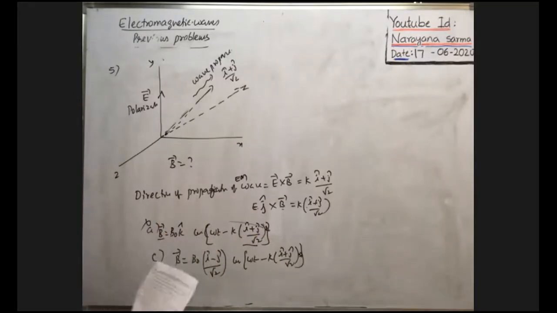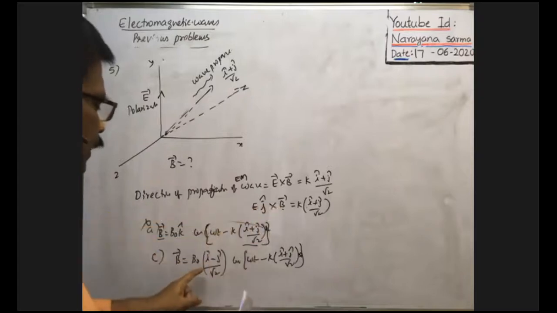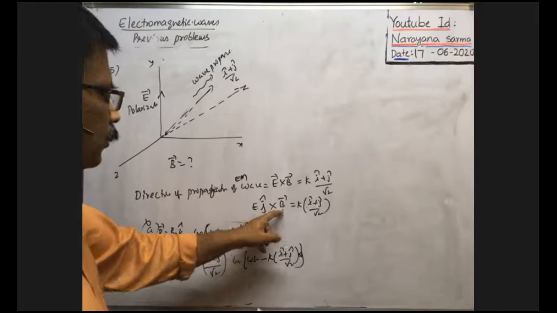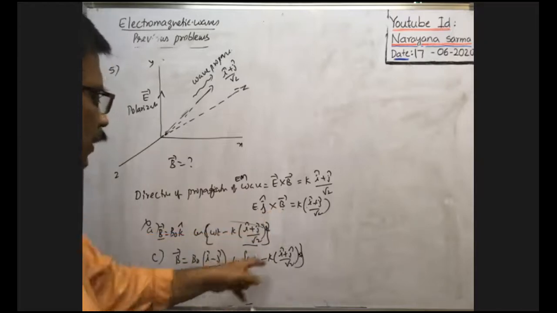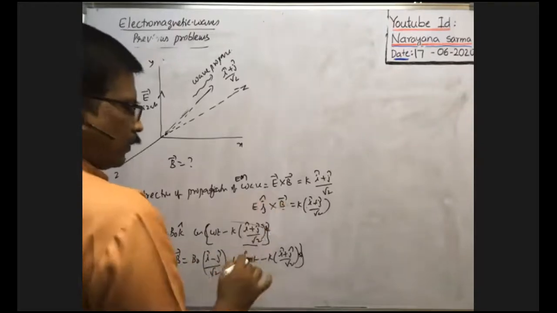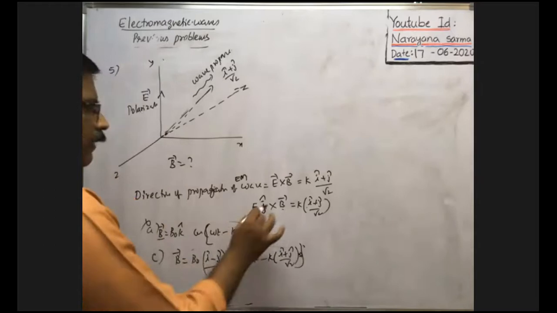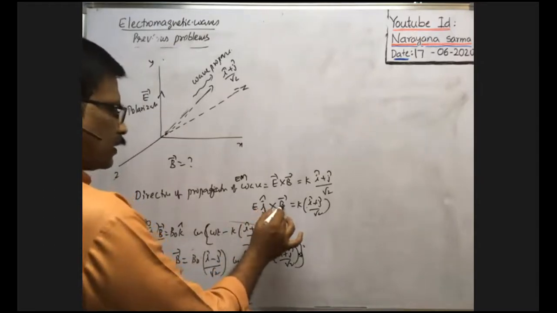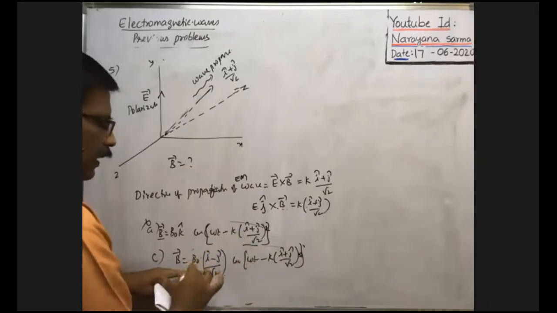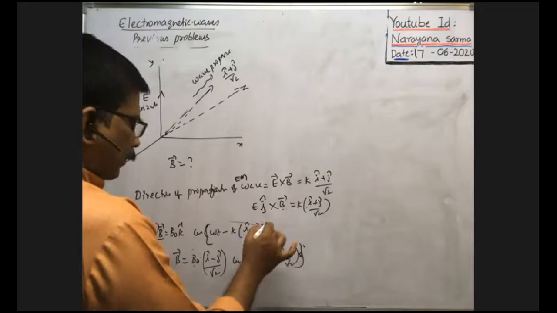We have to check. Here you substitute. As the electric field is along this direction, you do the cross product between E j cap and B bar, meaning B naught into this one, right? B naught into (i cap plus j cap)/root 2 you write here into cos something. This is only a number. When you do cross product between this and this is equal to B naught into something. Then here B naught into cos is constant. (i cap minus j cap)/root 2 you write.